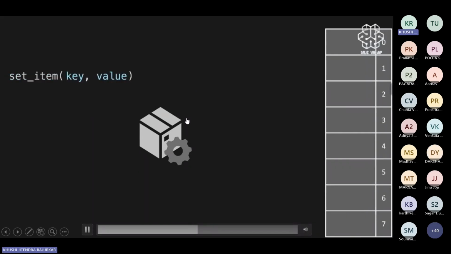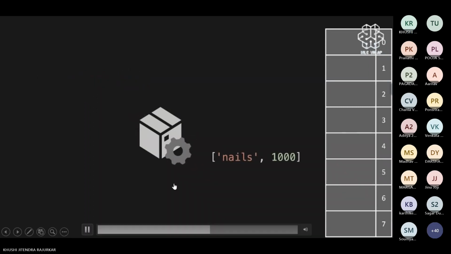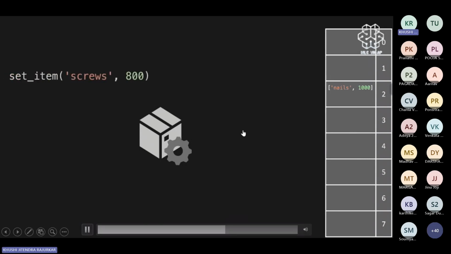So these are the functions that we'll be learning. The set item, which sets new key value pairs into our hash table. So we'll be generating the index for our key value pair, and then we'll be assigning our key value pair onto our hash table. Then we also have the get item method, which shall be retrieving a particular